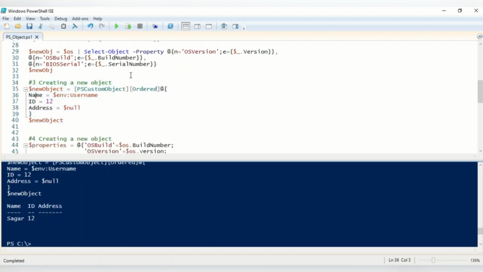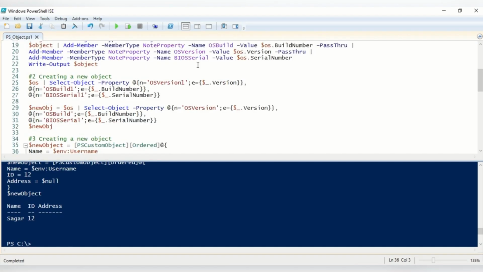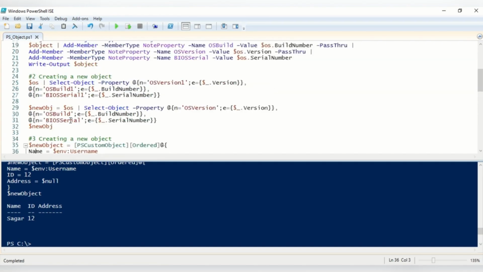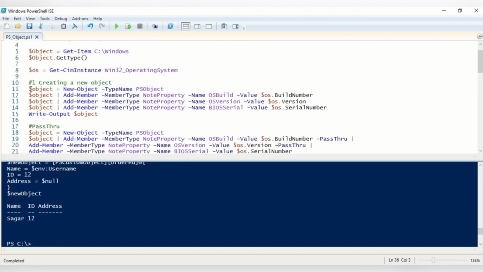You can provide any name here, as I'm giving like OS build and all. Here I'm giving name, ID, object and all. It's again creating the object with a different approach. So one approach is the straightforward one, like most of the people use, like create the custom object, then add